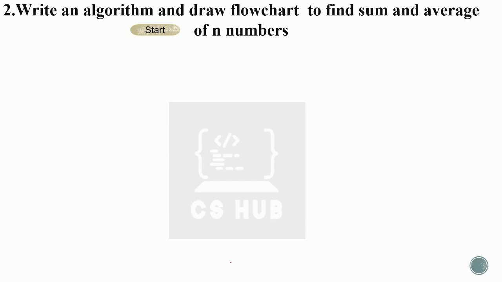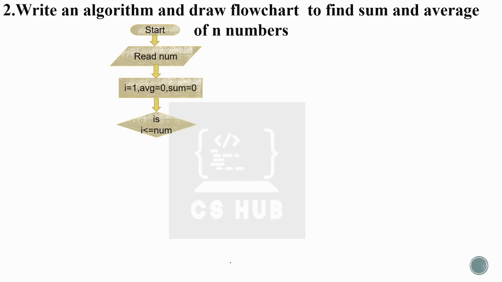Starting with the start, then read num, the number of numbers that need to be added. Next step is to initialize, right? Initialize I to 1, AVG and sum are cleared. Next step is to check whether